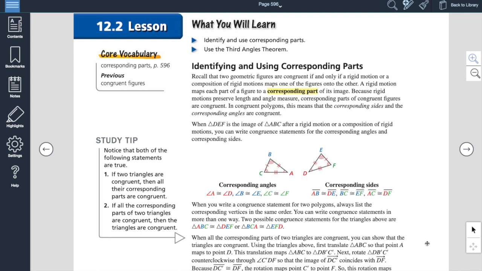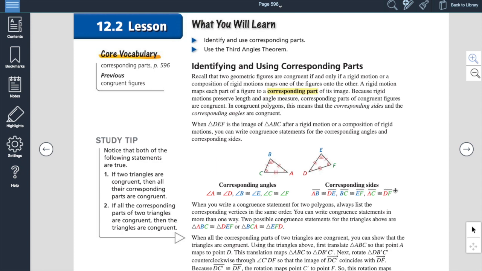So triangles are congruent, and you'll notice this study tip off to the left here, really nice. If two triangles are congruent, then all their corresponding parts are congruent. If corresponding parts of a triangle are congruent, then the two triangles are congruent. So congruent triangles mean exact same shape, same size, their corresponding parts, which mean their corresponding angles and corresponding sides